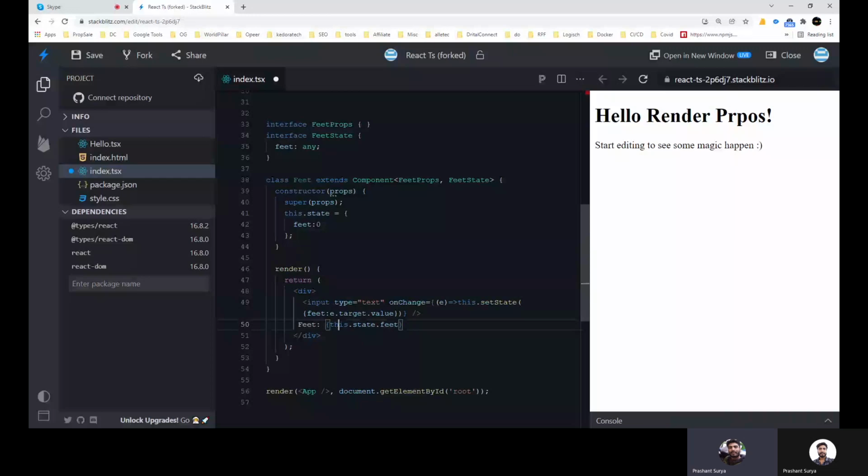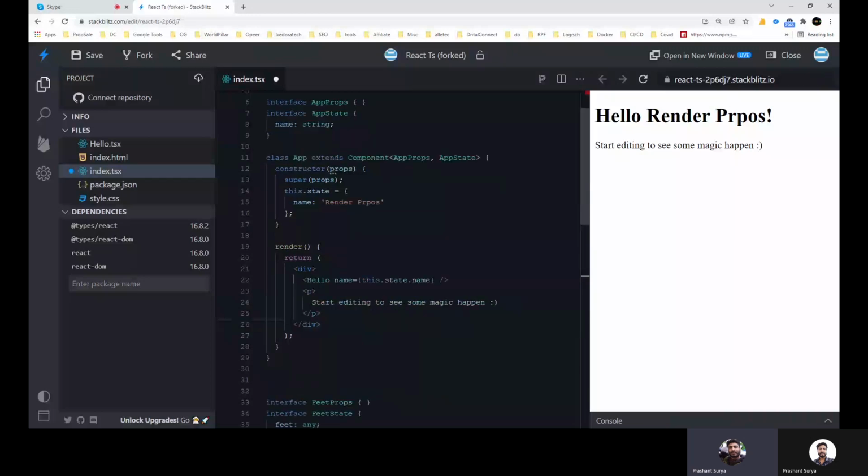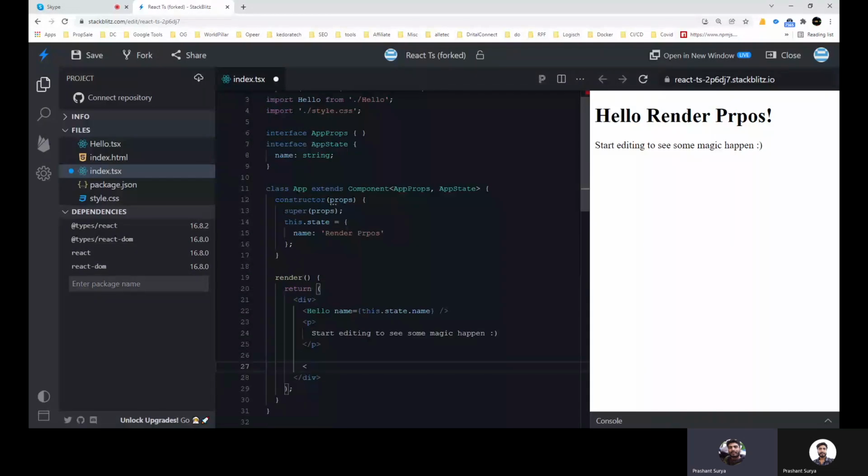Now we call this Feet into this. So let's suppose Feet.